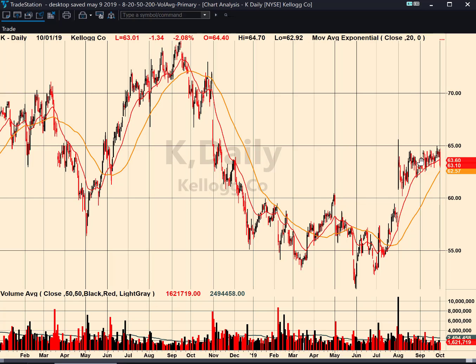And I said, hey, this one could be interesting if it starts breaking out and moving higher, because the next technical target's up there at 70 and then back up to the highs. That's a considerable move for a stock like Kellogg's. Well, if we zoom in a little